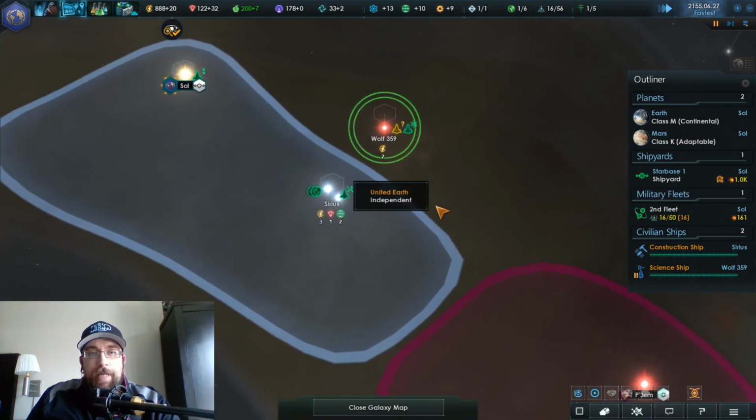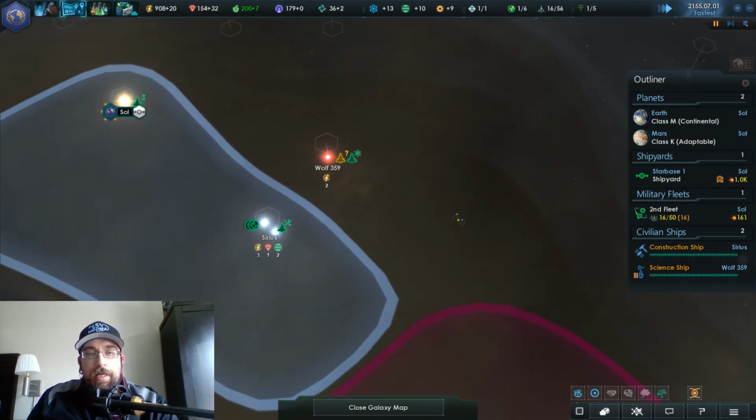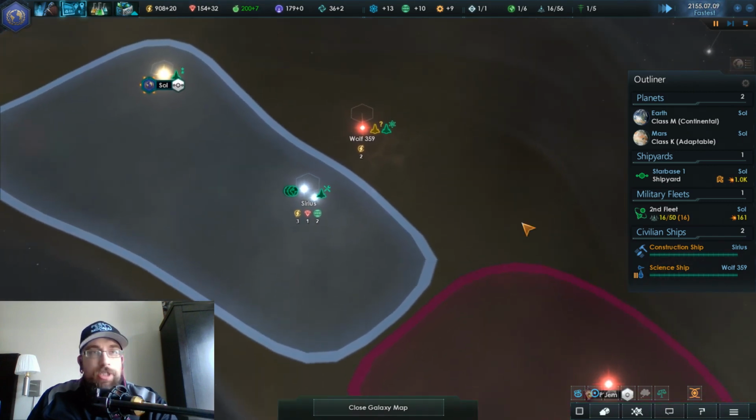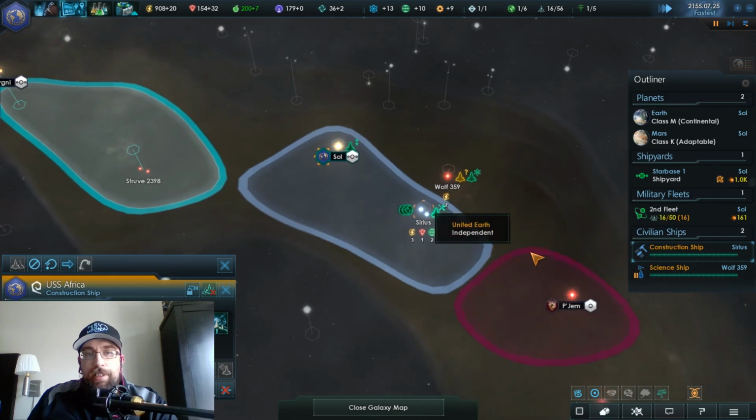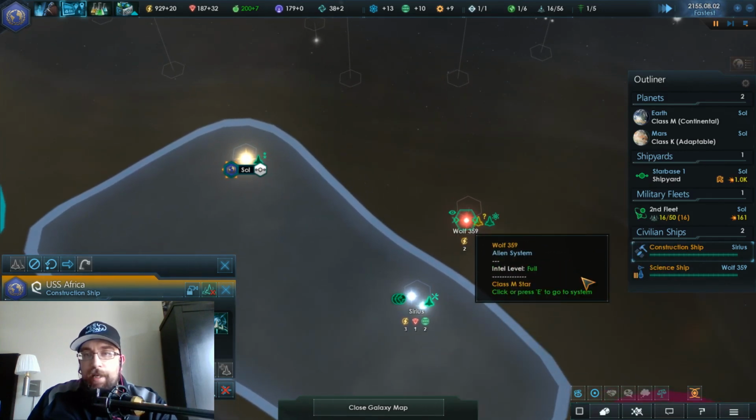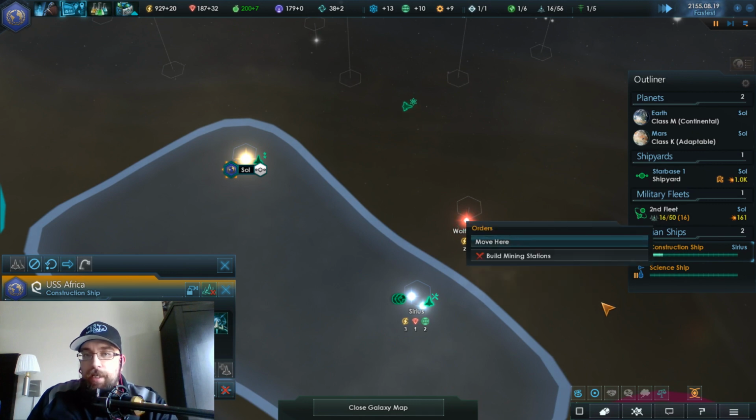We've met some aliens here. There's just 2 energy. We should grab territory, though, especially in this early stage of the game. And plus, there's nothing else in this system, so we will send our construction ship to build a...